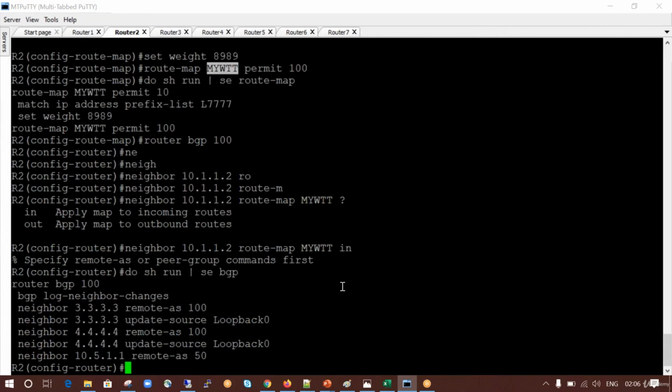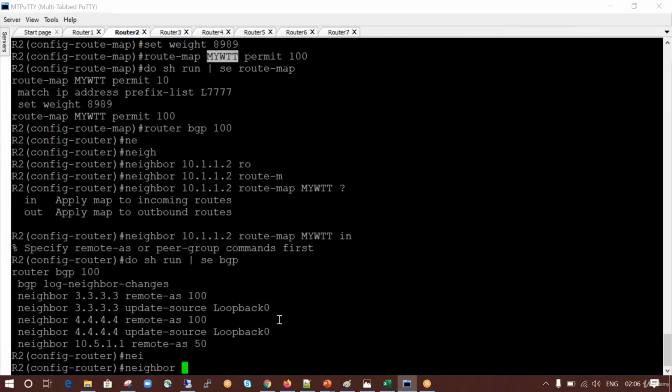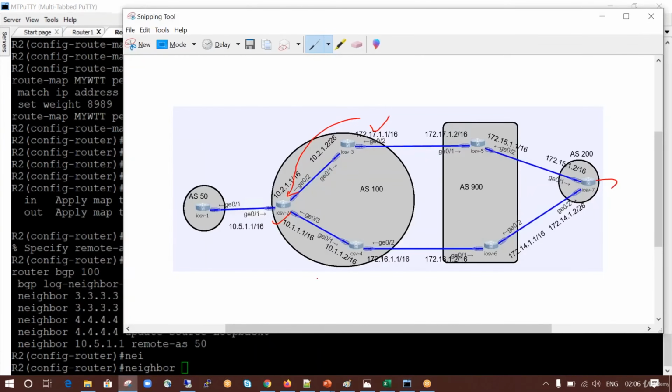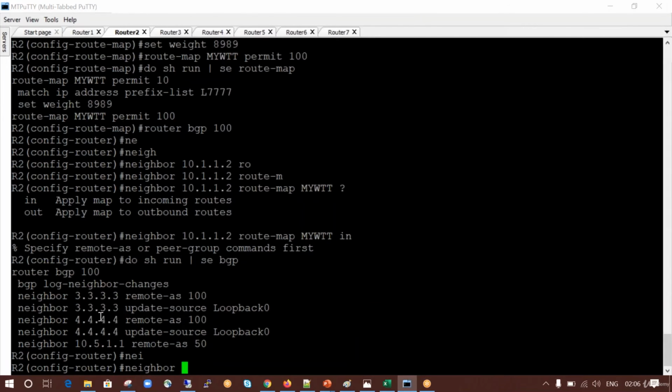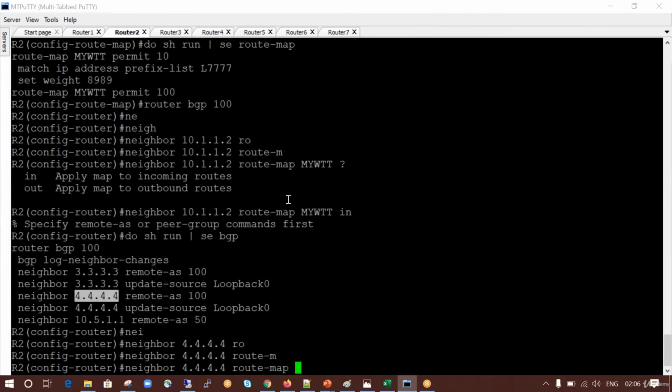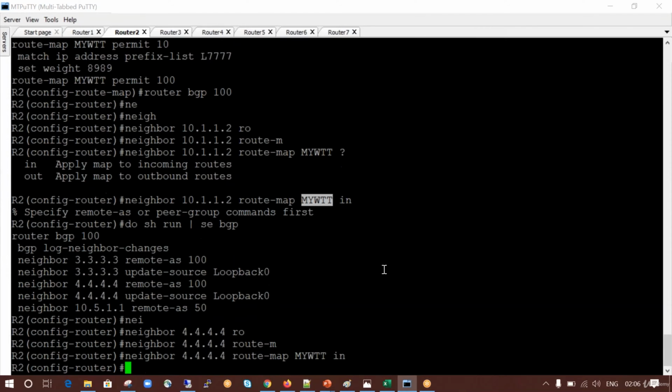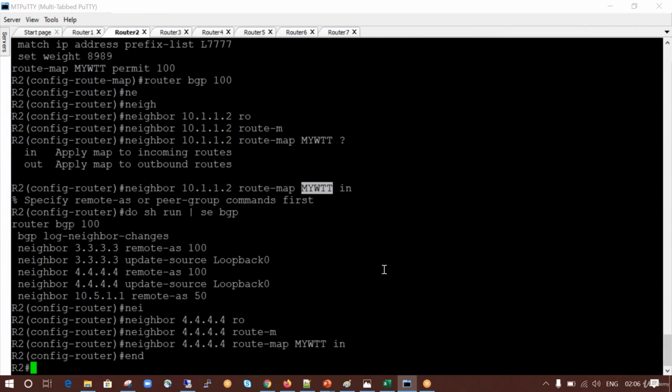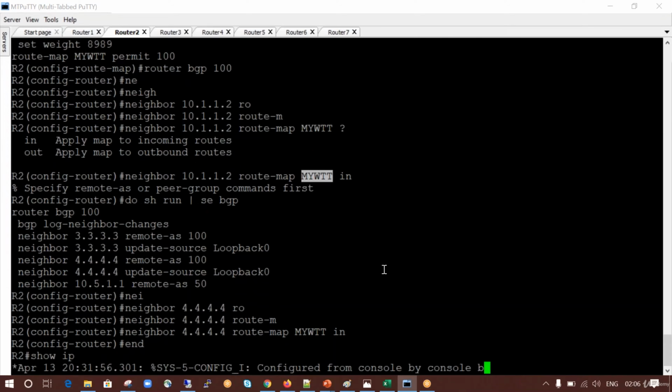So I should go neighbor, and the neighbor is router number 4, that is 4.4.4.4, and then the route map, and that will be my weight in the in direction. All right, now if you go and check show IP BGP,